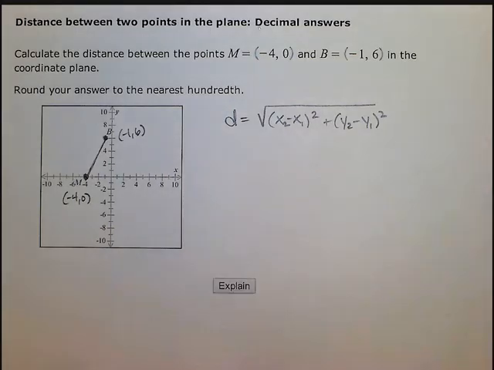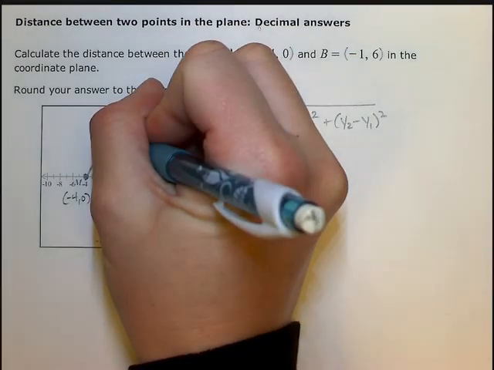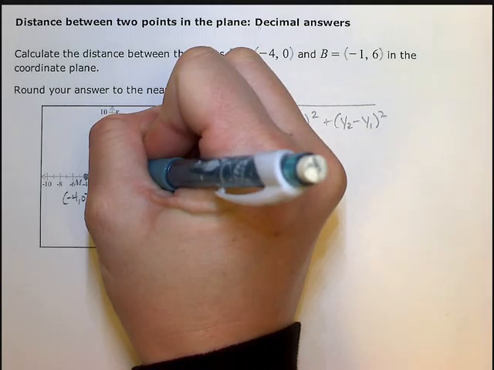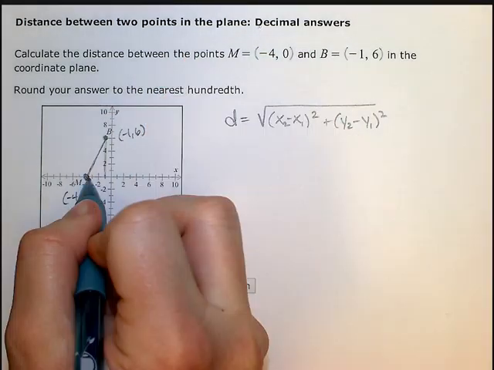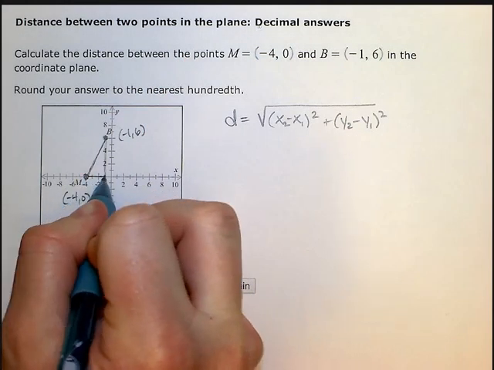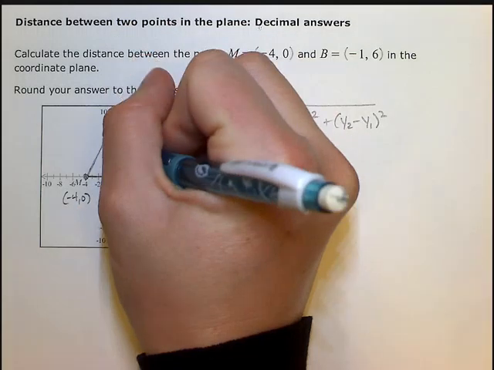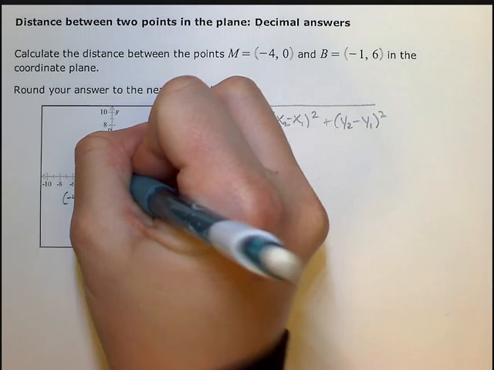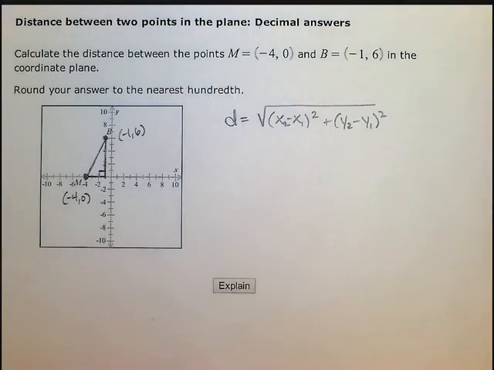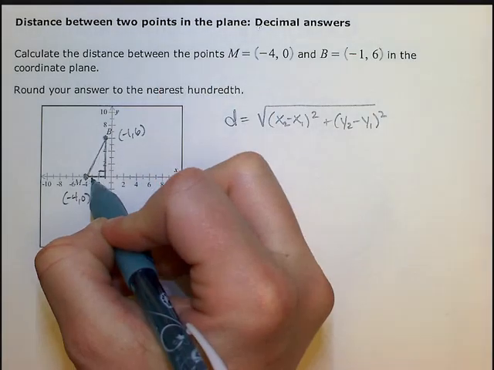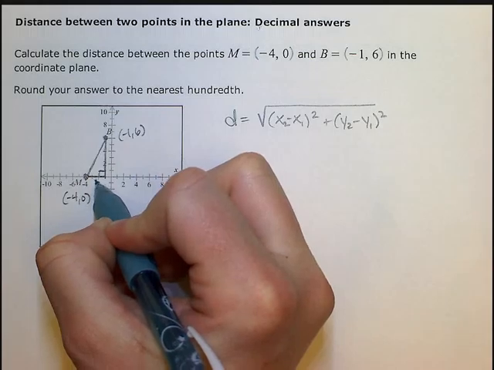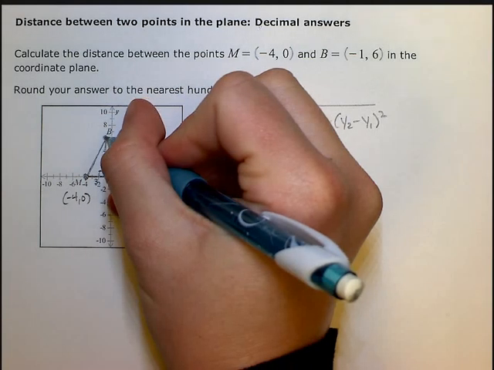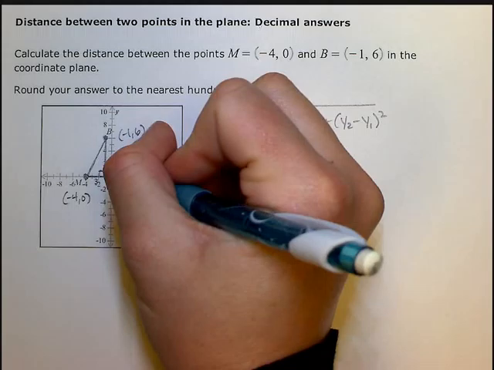Another way to think about this, though, is remember that you're building a right triangle around this line, with that line being the hypotenuse. So the first step is always to build that right triangle. Here we see that it's right, and then we can just count the side lengths. So 1, 2, 3, this side length is 3, and this side length is 1, 2, 3, 4, 5, 6,